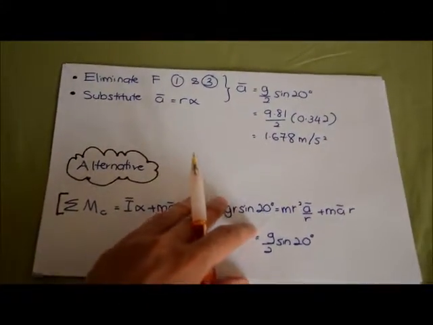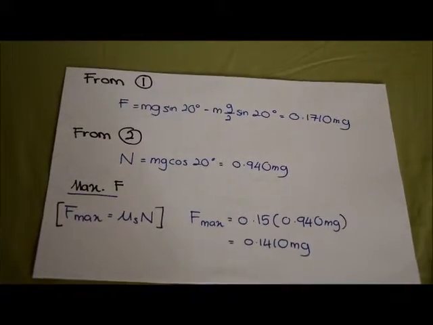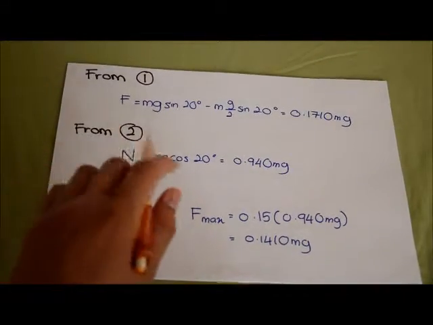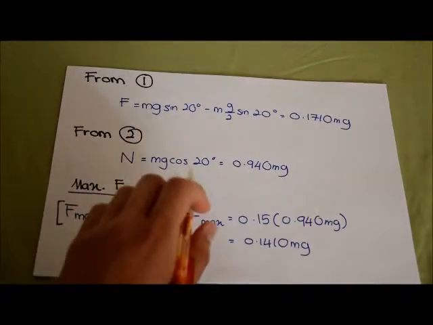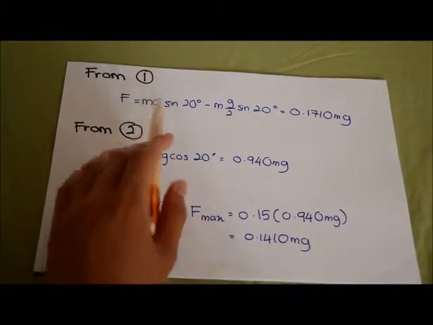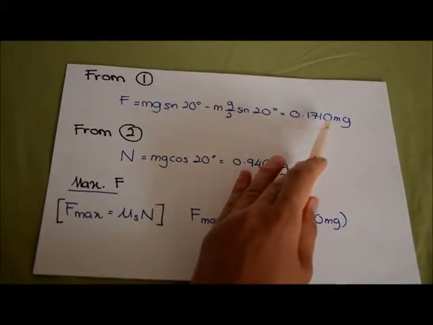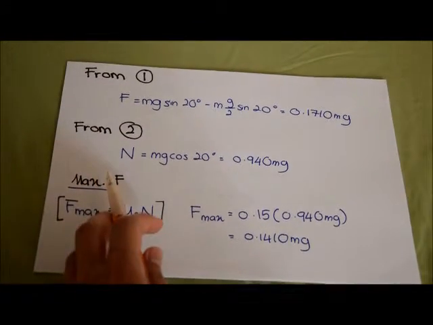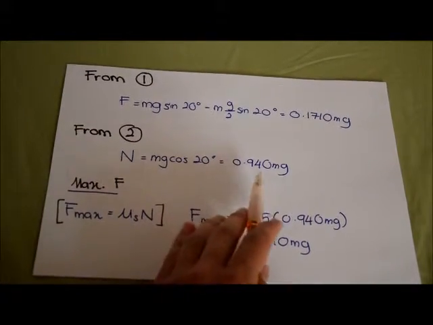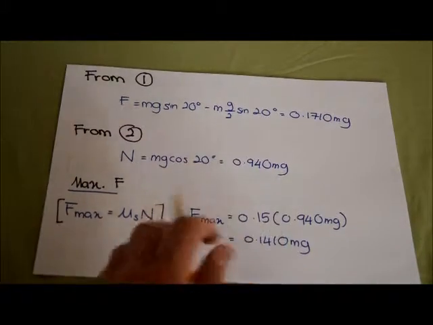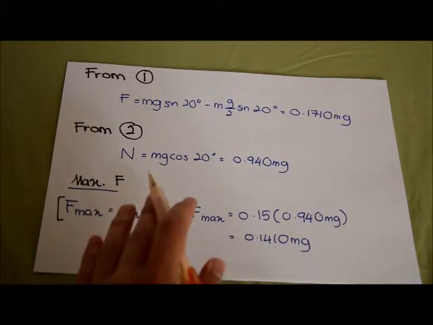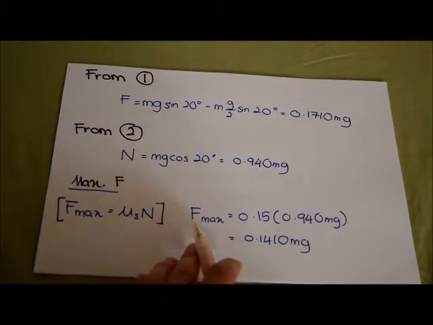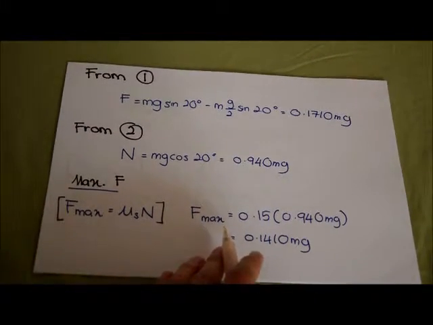To check our assumption of no slipping, we calculate F and N and compare F with its limiting value. By knowing the value of a bar, we can simply get the value of F from the first equation, which is equal to 0.1710 mg. We also get the value of N from the second equation, where N equals 0.940 mg. For the maximum possible friction, F max equals μs N, and we get the force max equals